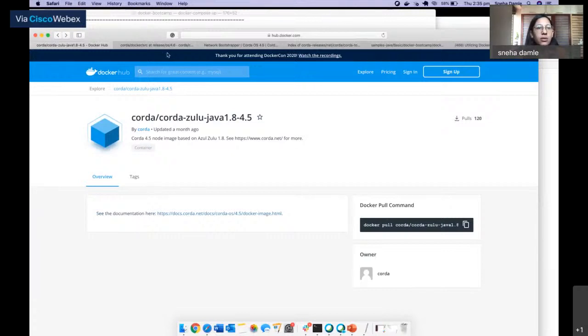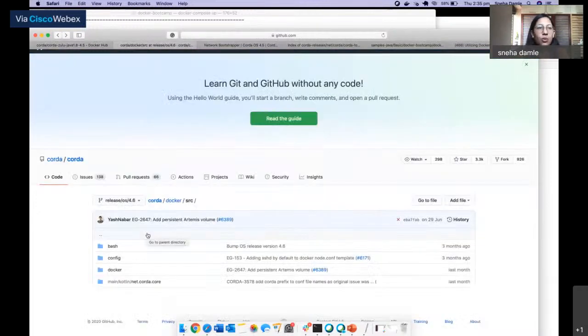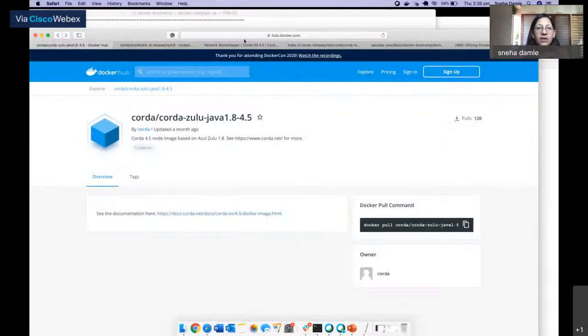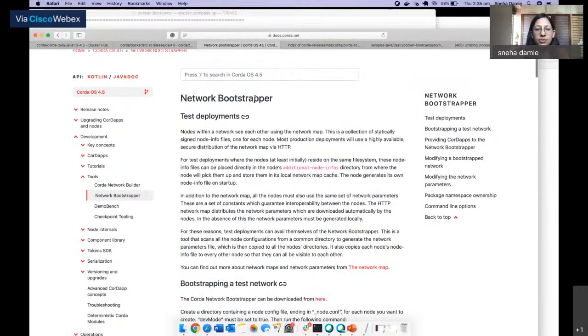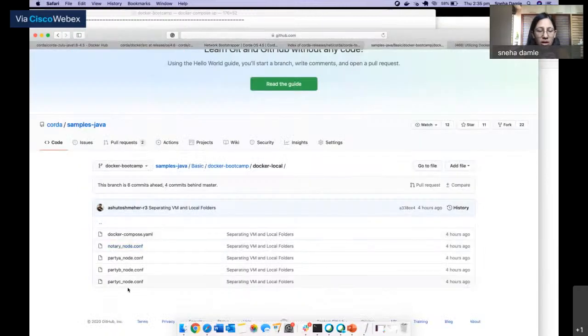We saw the contents of the Dockerfile and how it was used to create this Corda Docker image. Then we saw how to use the network bootstrapper to deploy a local network. For that, we downloaded this particular project and used all the node configurations from this particular folder, and we used the network bootstrapper to set up a local network.